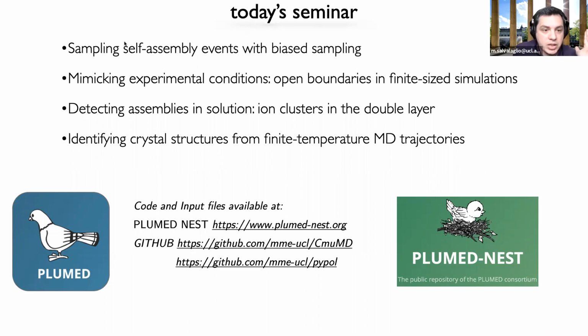So the four things that I mentioned are basically enhancing configurational sampling using bias sampling methods, mimicking experimental conditions, so in this case, mimicking open boundaries using things like CUMD, and then performing clustering in two